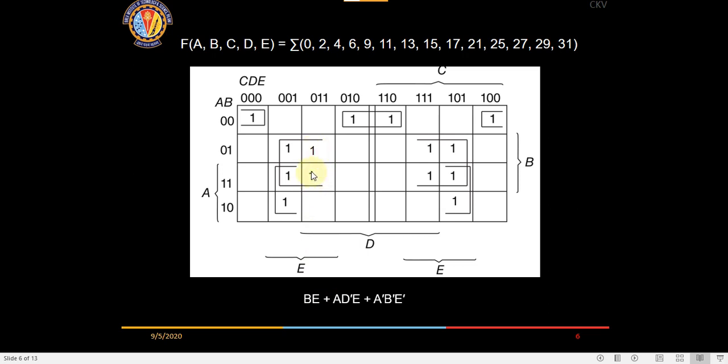BE is common for these 4 and these 4 in the A8, right? 1 2 3 4 5 6 7 8. B and E are not changing, right? So you have BE. And this we discussed, so it is added. Similarly for these 4, A is not changing out here, right? And then it is 0, the last bit E is not changing here, right? And 1 C.